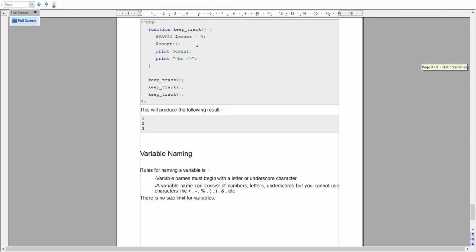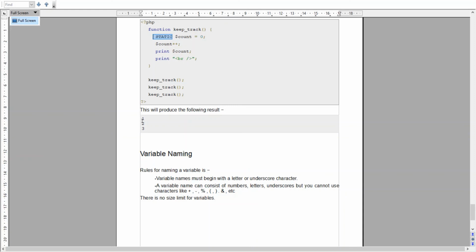Now look at what will happen if we don't declare it as static. In this case it will have the value equal to 0, and we increment its value by 1, so it will display 1. Once that is done, it gets initialized again. If we call this function a second time, it will be initialized again and its value becomes 0 again.